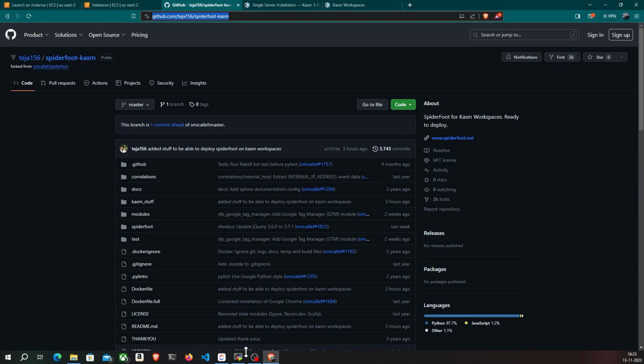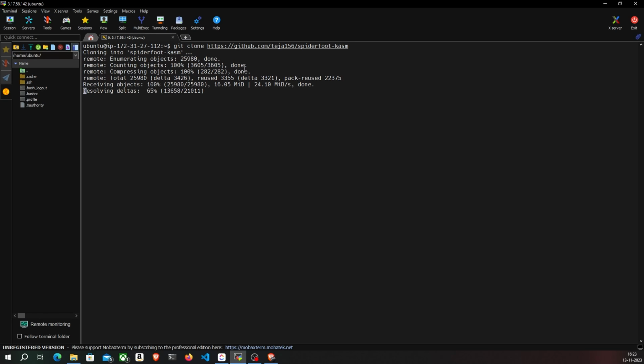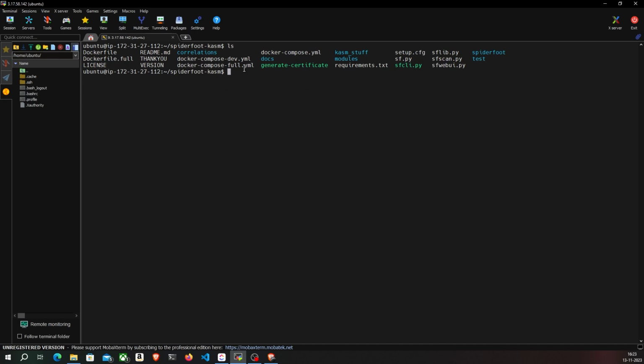So I'm just going to copy this, go back to my SSH session. I'm going to say git clone and then clone that repository right here. And I'm going to go into that directory. And you can see there is a Dockerfile over here, which we're going to make use of to build our Docker image. In order to do that, just type in sudo docker build